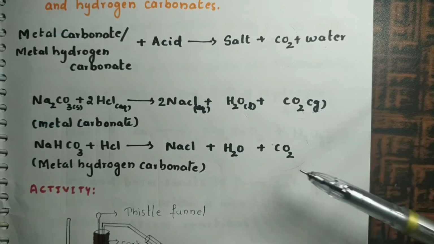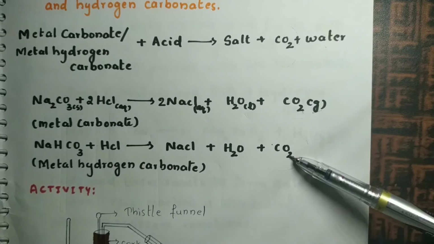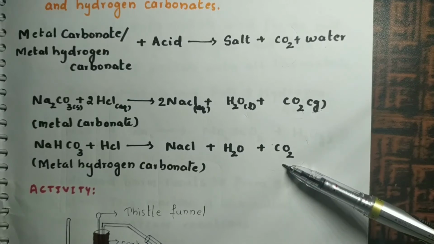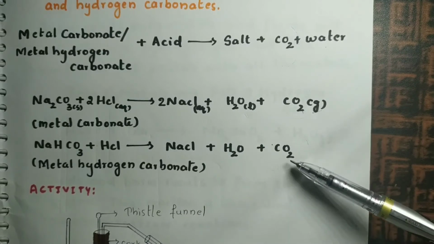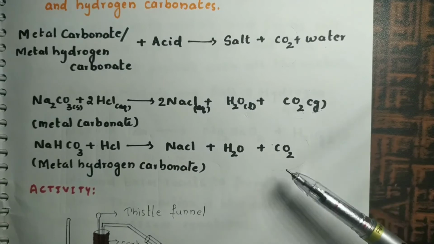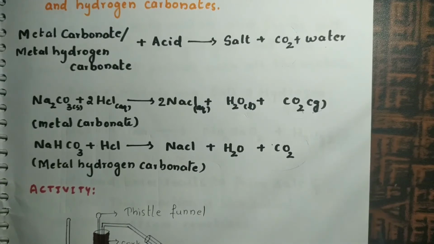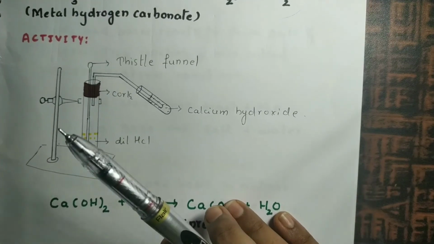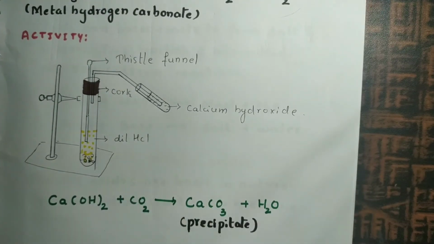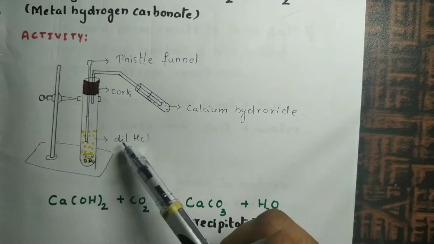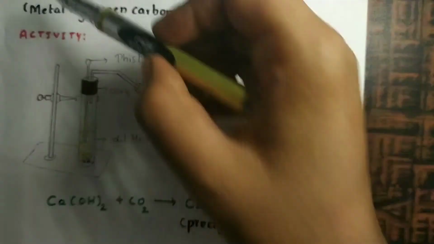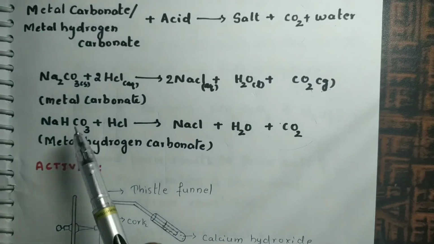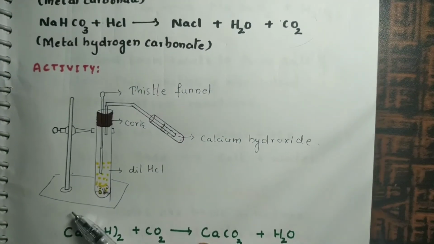carbon dioxide. Here in both the cases carbon dioxide is released, but how to identify the release of carbon dioxide? The gas which is released is carbon dioxide. How to confirm that? The confirmation test for carbon dioxide is done here through a small activity. See what we are doing: we are taking a test tube in which we are pouring hydrochloric acid and either sodium carbonate or sodium hydrogen carbonate. Either of these two we can take, and after reaction they form